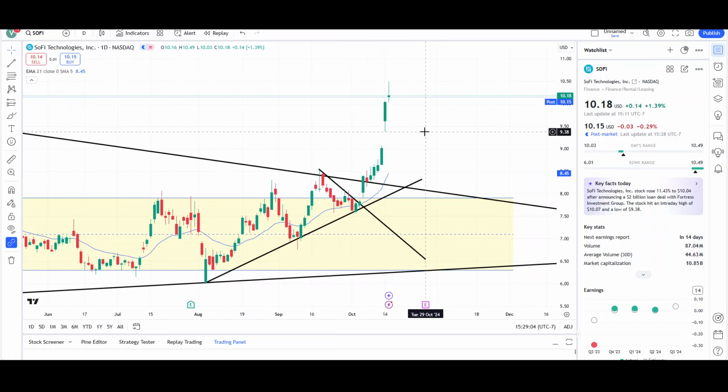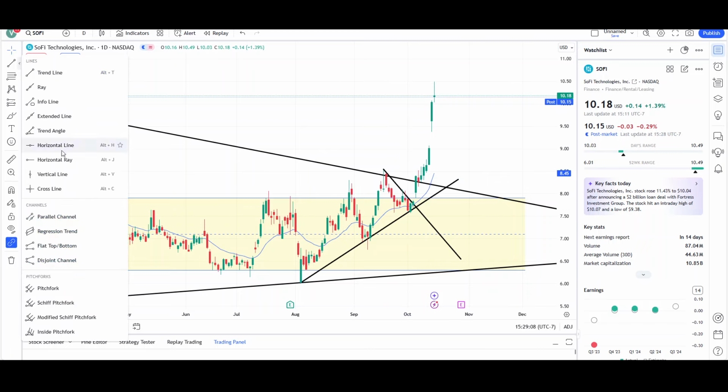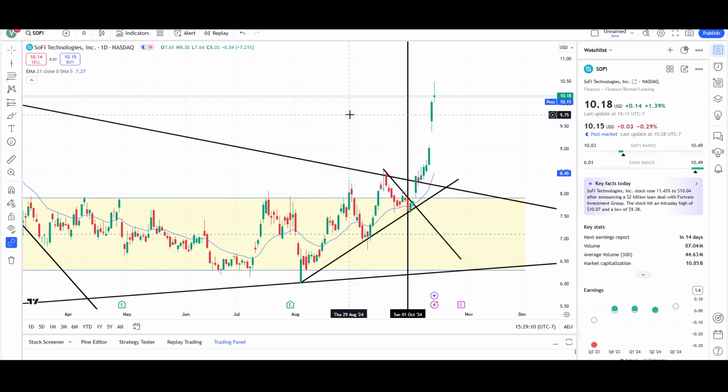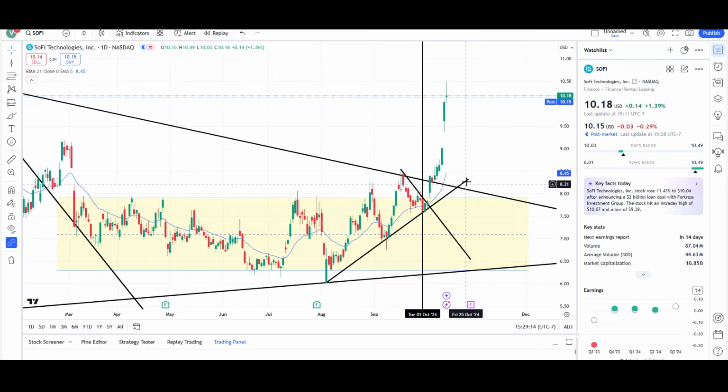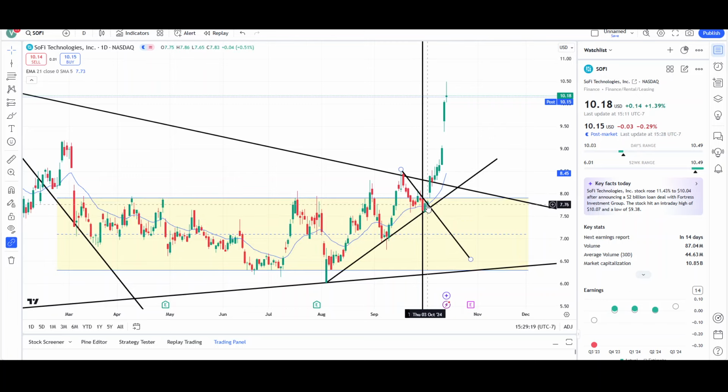So let's take a look at the daily chart. You see that October 1st was right over here. Let me go and mark it with the vertical line. October 1st was right over here. So you can see that price was kind of staying within the yellow range, but above this bullish trend line right here. So again, it was kind of a battle between the bulls and bears for the next couple of